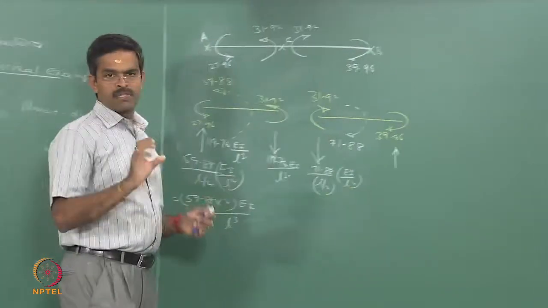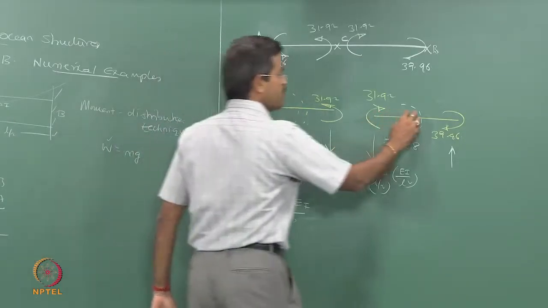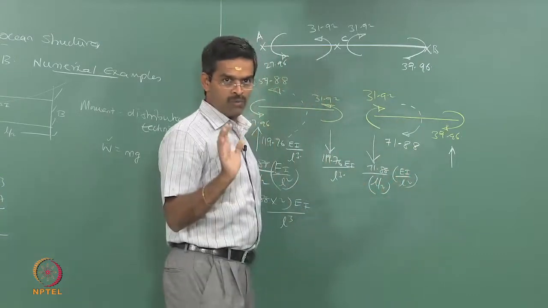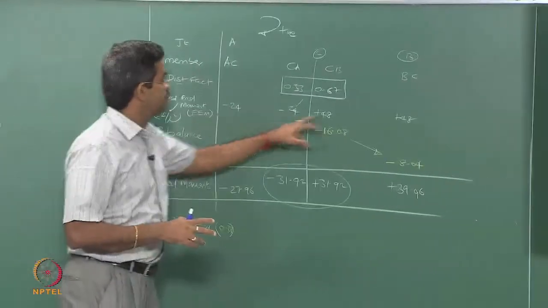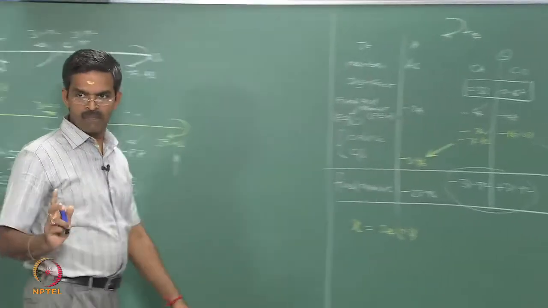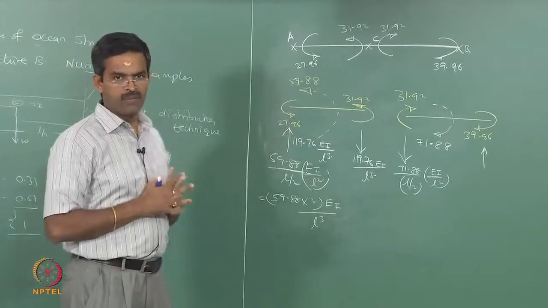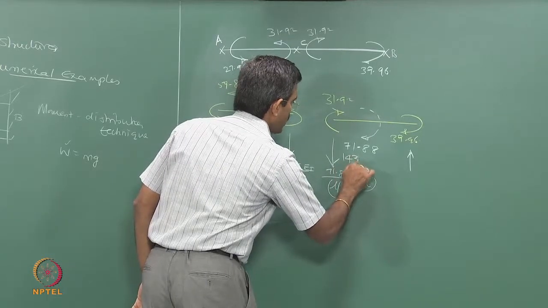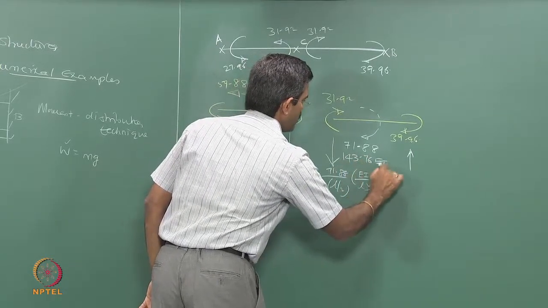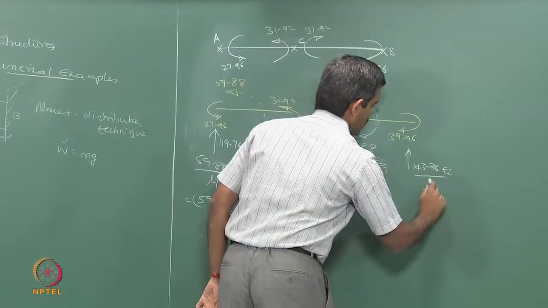Now, commonly people make a mistake here, they say that this part of the beam is having I, this part of the beam has 2I, should I multiply 2I here? Please do not get confused, this is a multiplier drawn from the table. This 2I and I have already been included in these values. Please see the calculations back again. So, no 2I here, the multiplier is just borrowed from the table, that is all. Okay. So, this is going to be how much? 143.76 EI by L cube, 143.76 EI by L cube.